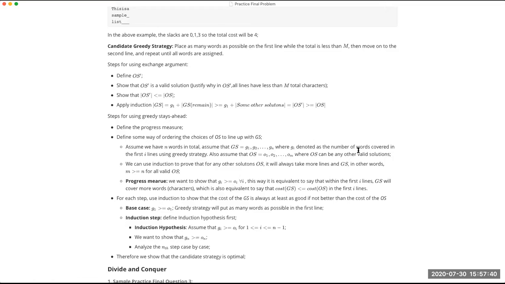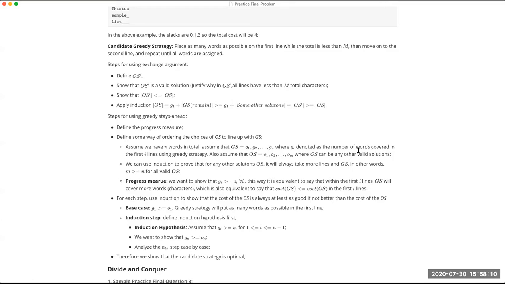What we usually do is say, since we have a total of n words, we define G1, G2, and GI is the cost for the first I words. But here we change the way we prove it. We say that GI is the number of words we have covered in the first I lines